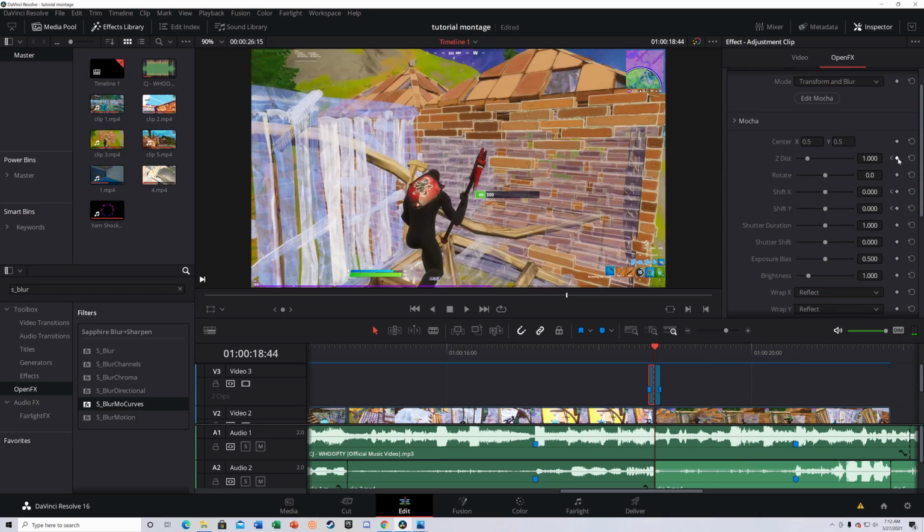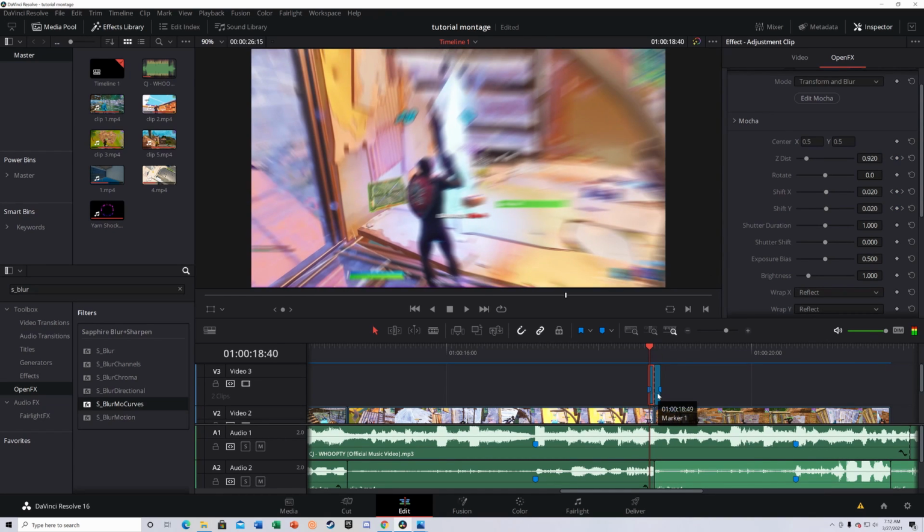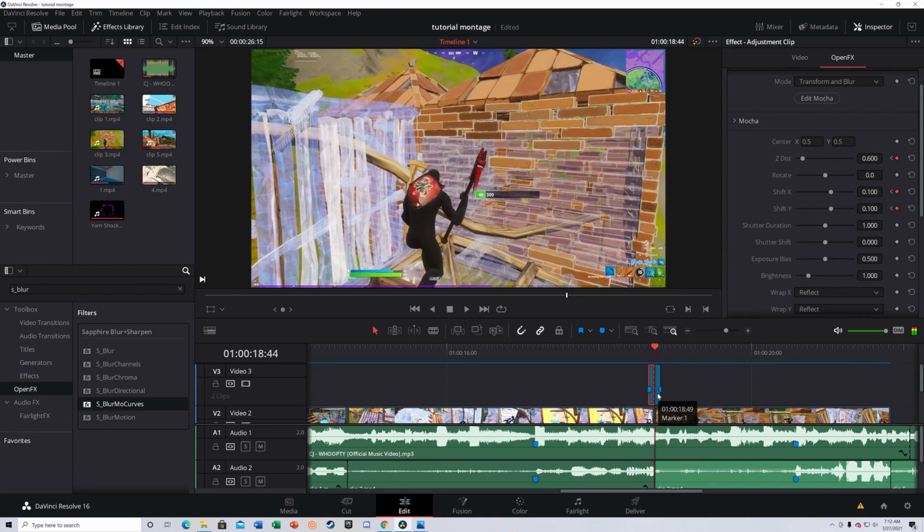You're going to keyframe ZDist and put it to 0.6, and I'm gonna keyframe both of these, and you are going to put them both at 0.1. 0.1, 0.1. So this is what it will look like. It's a little transition. You can see it goes like that. And then now for this clip,